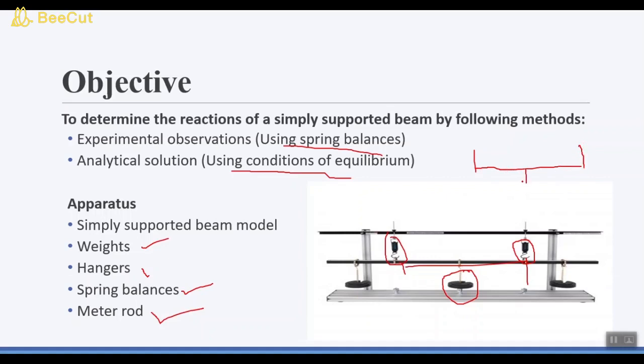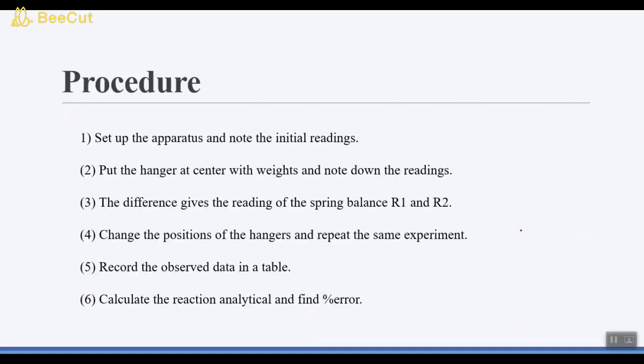First we will apply the load at the center with the help of a hanger, and this spring balance will give us the reading of the reaction. Coming toward the procedure, first you have to set up the apparatus and note the initial reading of the spring balances, because these readings are due to the self weight of the beam and this is the zero error of each spring balance. Then you have to put the hanger at the center with the weight and note down the